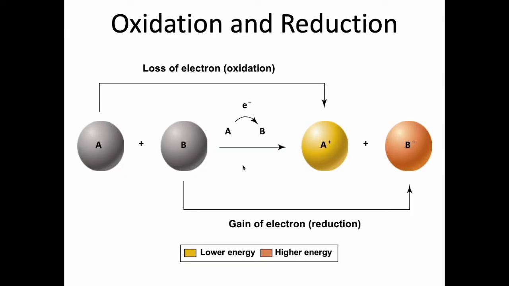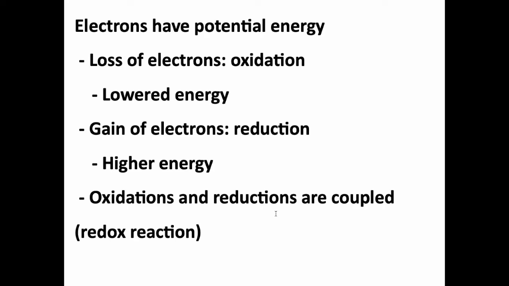And as this figure does imply, oftentimes if one atom or molecule is losing an electron, it's because it's giving it to another one. So this is a coupling of an oxidation and a reduction. One is getting oxidized, the other is getting reduced. So oxidations and reductions are oftentimes coupled, and we will see this. These reactions are called redox reactions, just reduction and oxidation. Redox reactions are when they're coupled together.